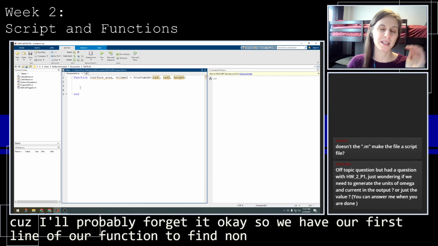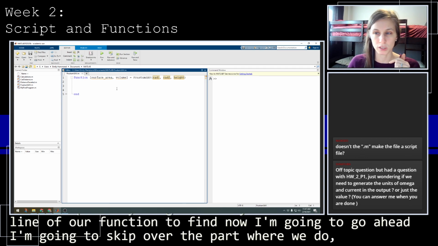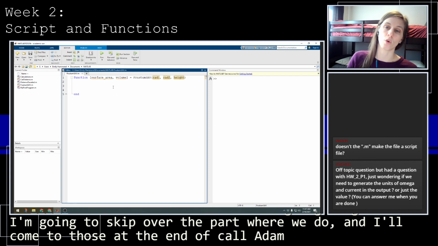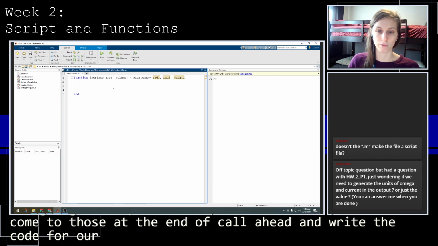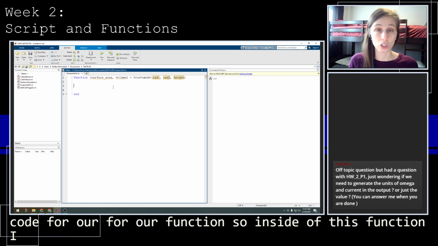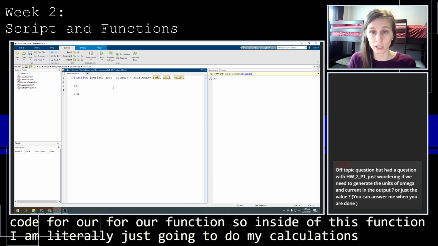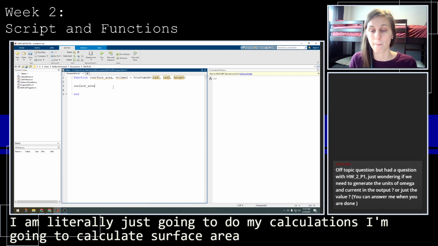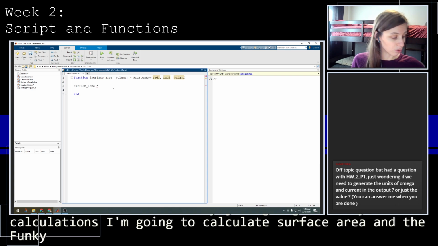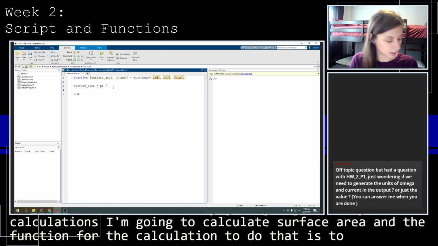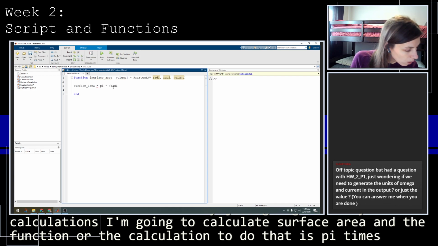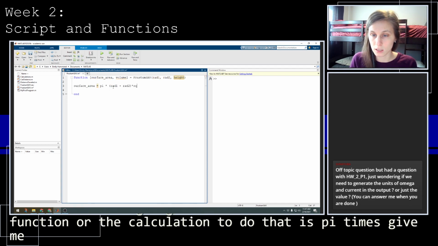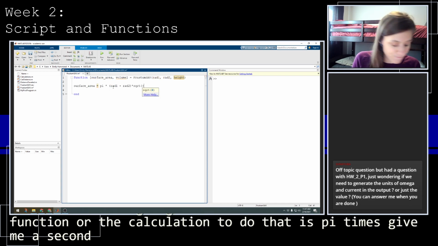Now I'm going to skip over the part where we do comments. I'll come to those at the end. Let's go ahead and write the code for our function. Inside of this function, I am literally just going to do my calculations. I'm going to calculate surface area, and the calculation to do that is pi times... give me half a second while I finish this.